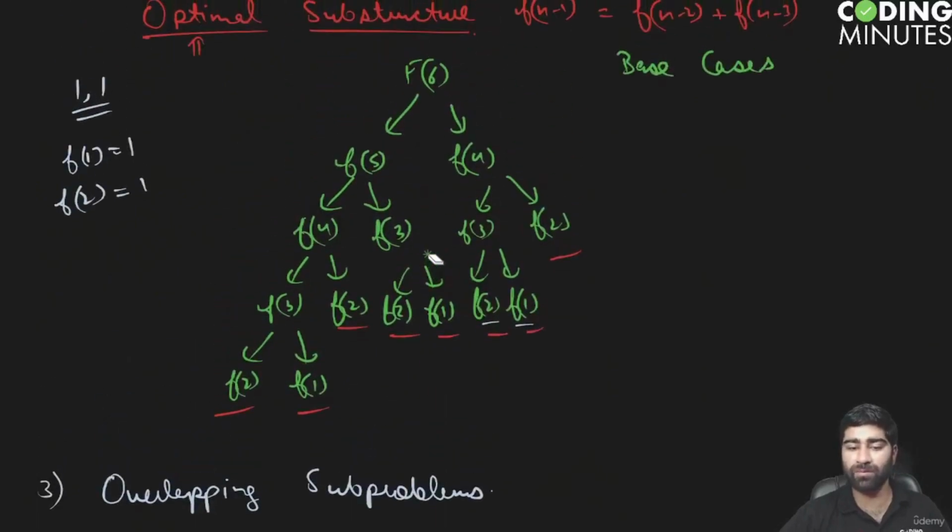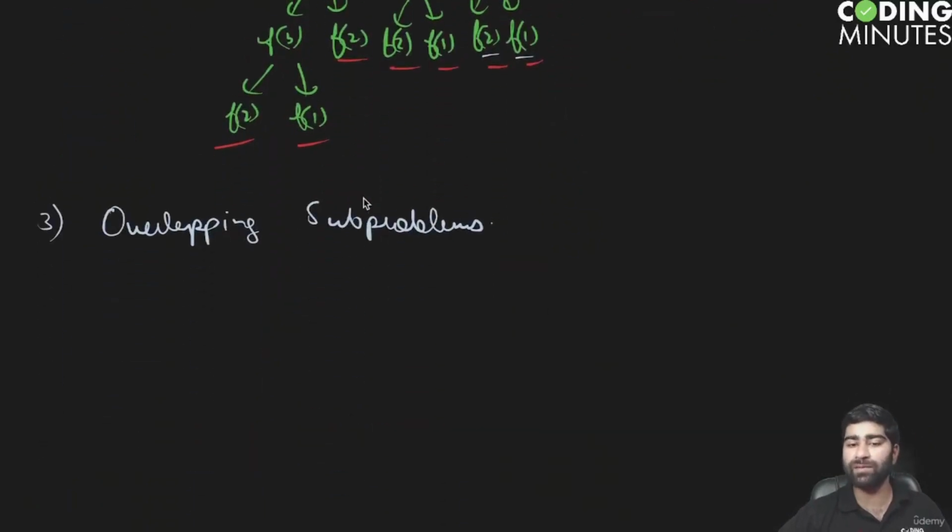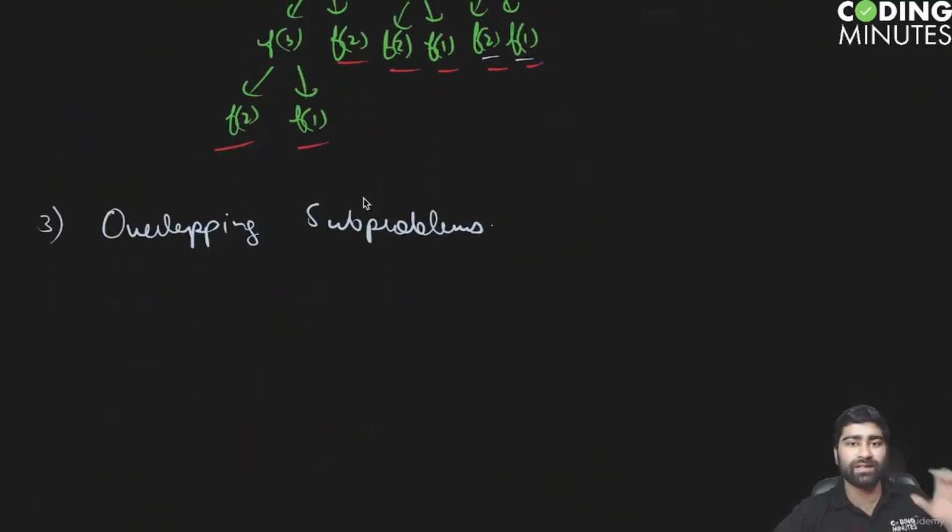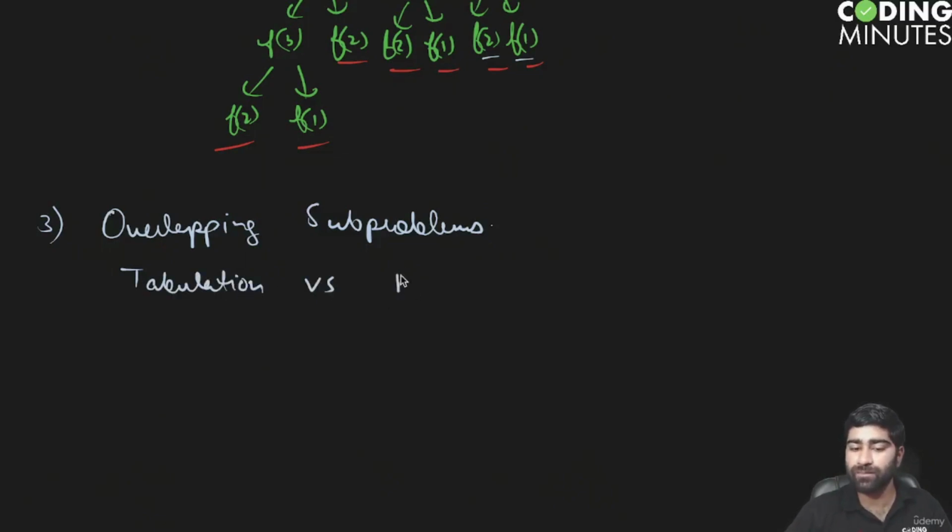So what is overlapping subproblems, guys? Overlapping subproblems mean that there are some subproblems which are repeating. If they are repeating, don't calculate them again. Find them once, store them, and when the next call is being done on them, just simply return the value, right? So in the third part, we have overlapping subproblems, repeating subproblems, right? So how to solve these repeating subproblems? There are two approaches. The first is called tabulation and the second is called memoization,